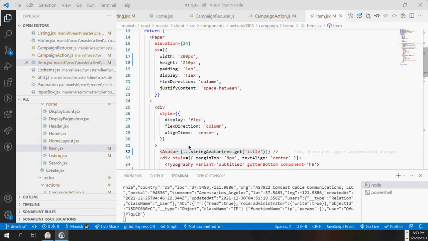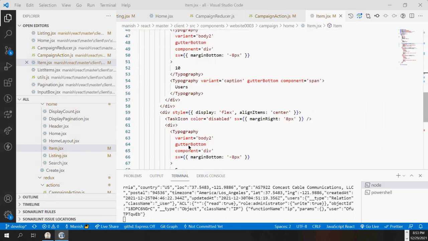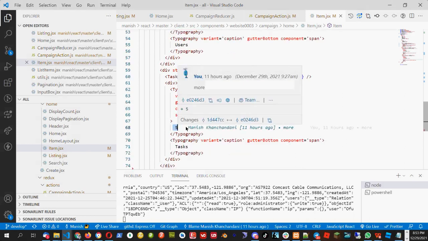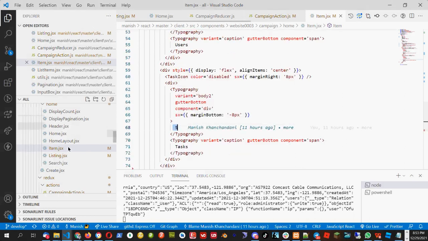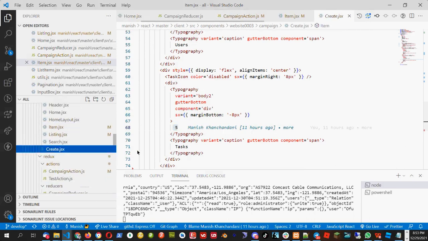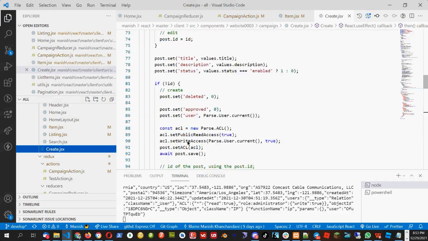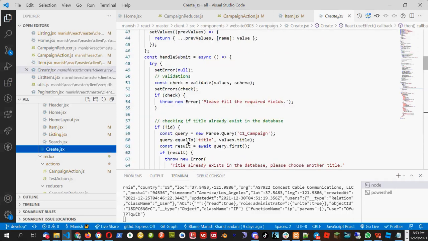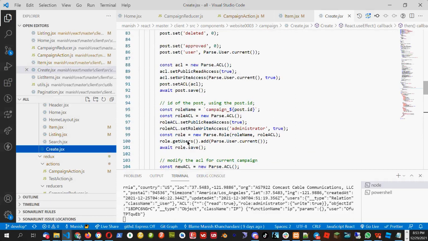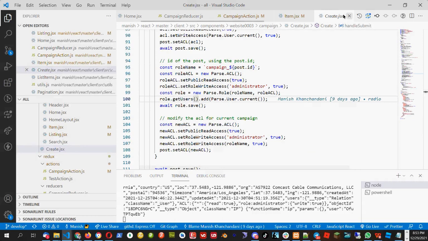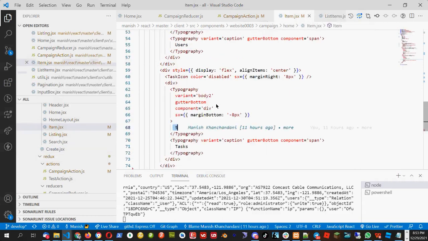Okay, so let's go further now. Now let's update this 10 users and 5 tasks kind of thing. So let me do some change in the create part. Okay, this change is a little bit big, so not for today, or I will do it in the end, or I will do it tomorrow. Let's do that thing tomorrow, or today after I'm done with what I want to show today.